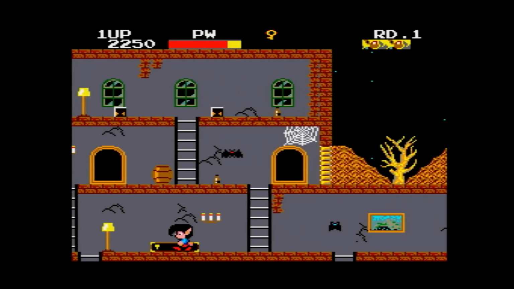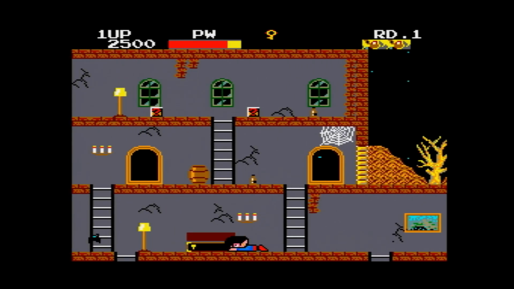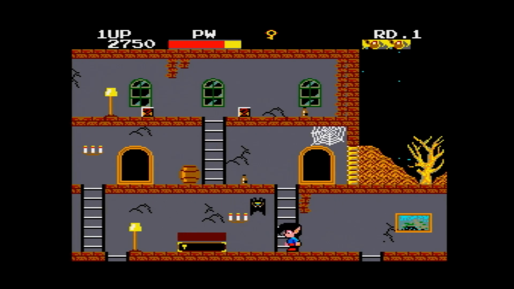So, it's a cool idea. You go through the house trying to kill the Draculas in there to get all the treasure to escape. Cool concept. The problem is, fighting Dracula is a pain in the ass in this game. He just runs around, he's got kind of an erratic attack pattern,